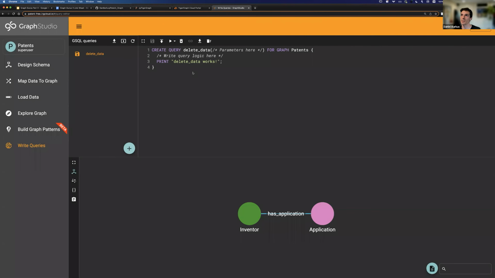And that query would have me select all of our data. So I'd say all equals all. So all is just a signifier for all, any, I think is what I want. There we go. And then I would say result equals select a from all a, and then I would do a post accum delete a. So what this will do is it will select every single vertex in the graph, and then it